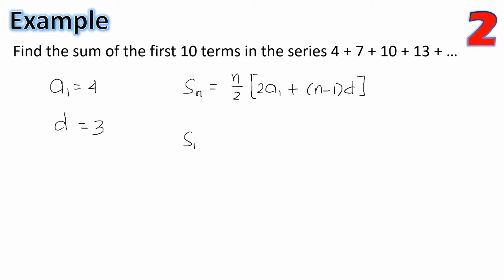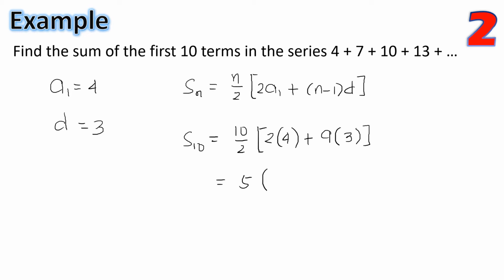So we have S sub 10 equal to 10 over 2 times the quantity 2 times a sub 1, that is 4, plus n minus 1, n is 10, so we have 9 times d, which is 3, 9 times 3. 10 over 2 is 5,